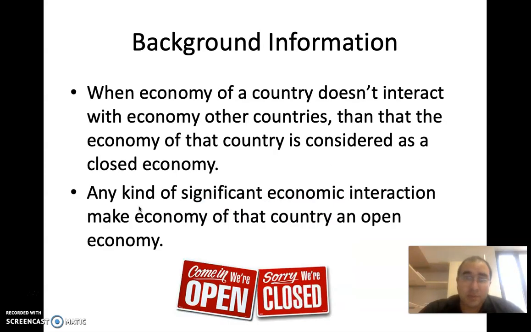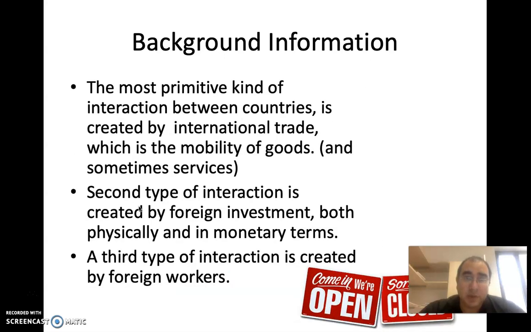Now we can continue. We have already talked about the basic definition of open economy. The three interactions that exist between countries economically are, of course we can divide them into further types of interactions, the mobility of goods and sometimes services. Services don't move, of course. I mean, a bus service might not necessarily move from one country to another. But, for example,